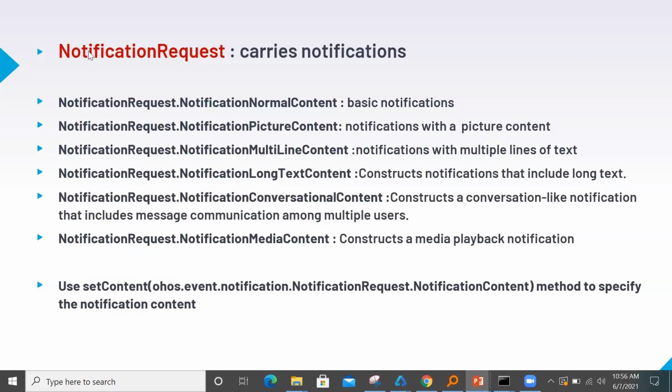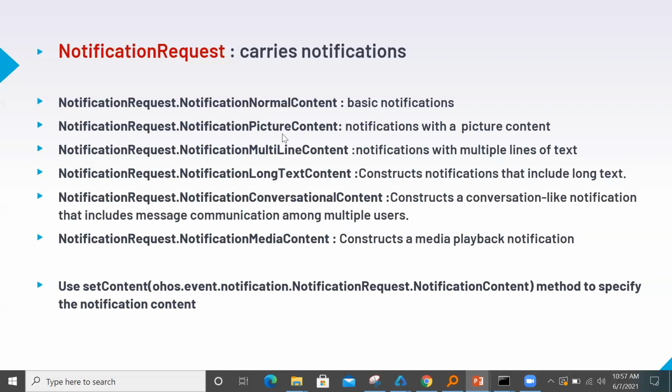Inside this NotificationRequest class, we have a lot of static classes showing different types of notification that can be displayed. One is NotificationNormalContent, which shows a basic notification with just a title and some description.